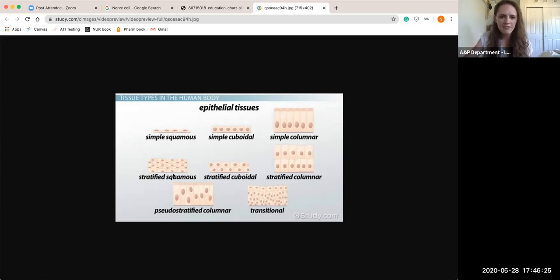Moving down to stratified squamous. The big one with this tissue is that it's found in places where you want protection. Stratified squamous is going to be found anywhere you have an opening to the outside world where things could get in. So this is your skin. Your skin protects your body from any junk or nastiness getting inside. So it's going to be protection, found in your skin, found in your throat, because when you swallow,